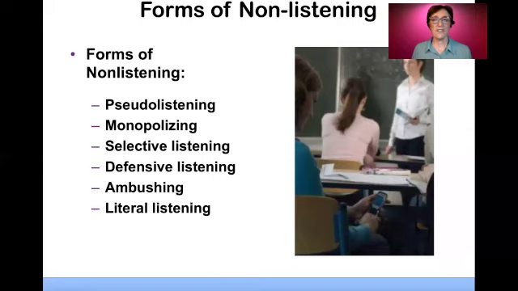Ambushing is when you just sit there and wait for people to say something so that you can jump on it and attack them. You're just listening for the pieces of information that you can use as a counter argument to tear them down. And finally, we have literal listening, when you just listen to the words, but you're not listening to the feelings and the part where the person is revealing what's important to them, their identity. Okay, you're just listening to the words and reacting to that, but not trying to fully understand that other person. So those are some ways that people